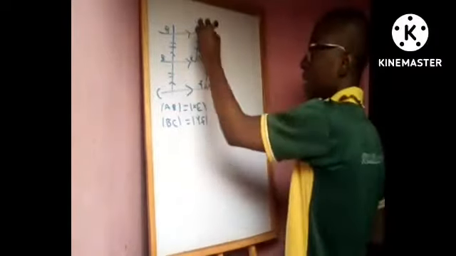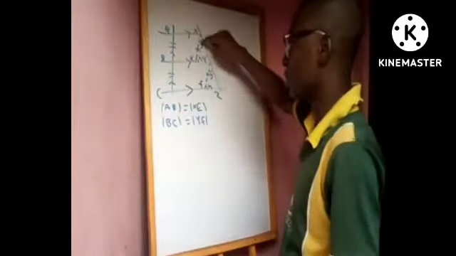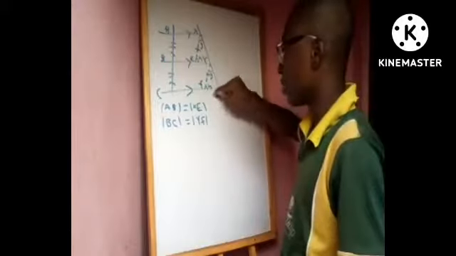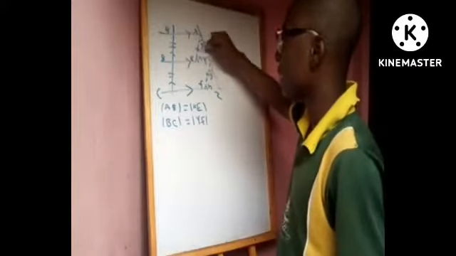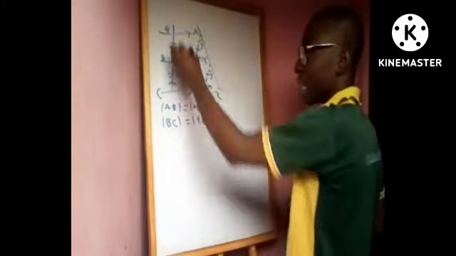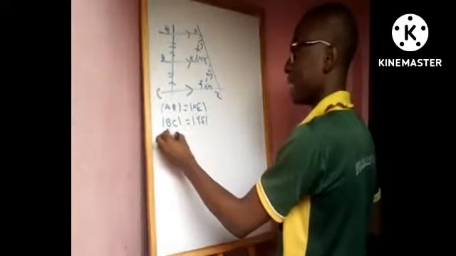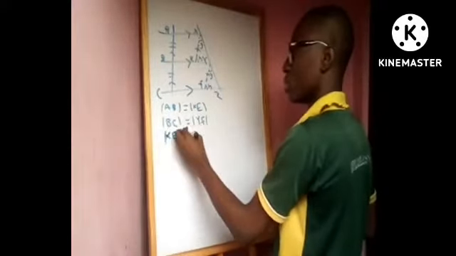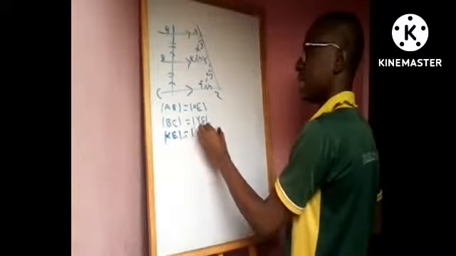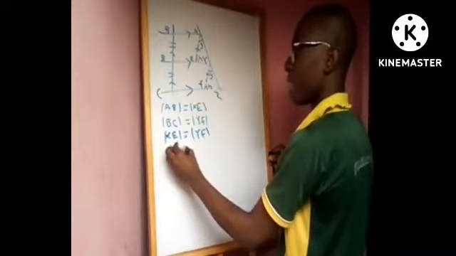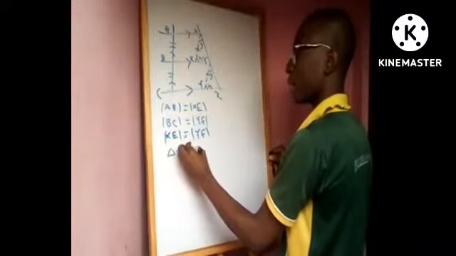So you can see that these two angles, angle G and angle H, are equal to angle G and angle H, and then we have angle XE equal to angle YF. The reason is that AB is equal to BC, so that means XE must be equal to YF. So that means if triangle XEY